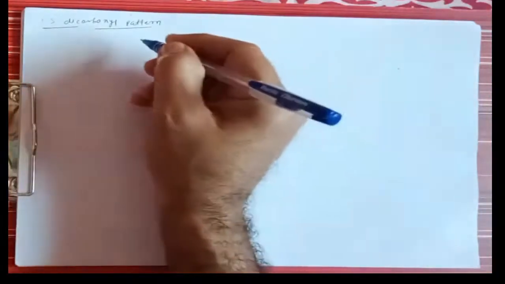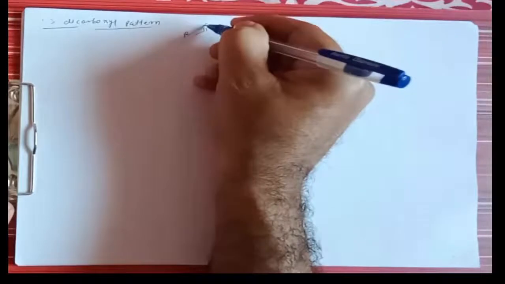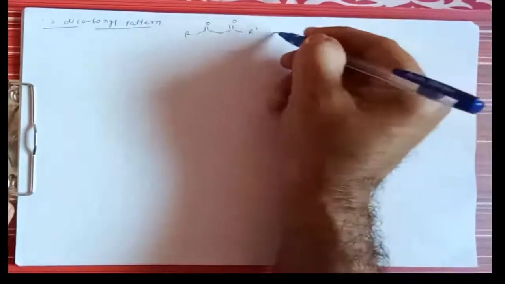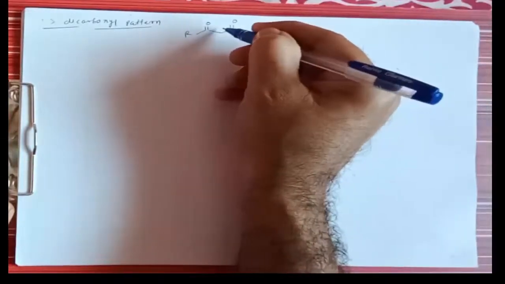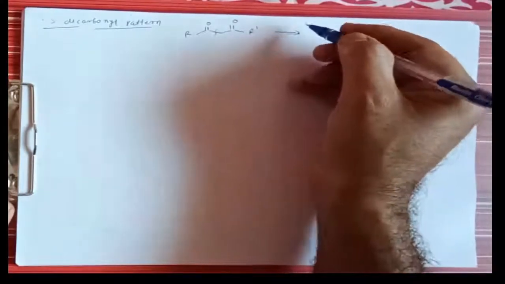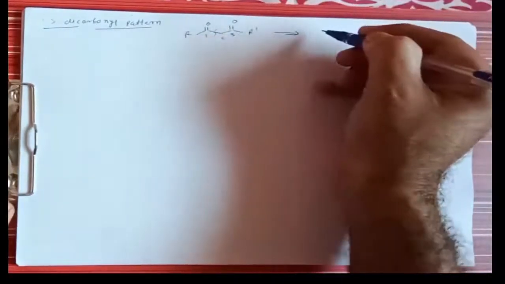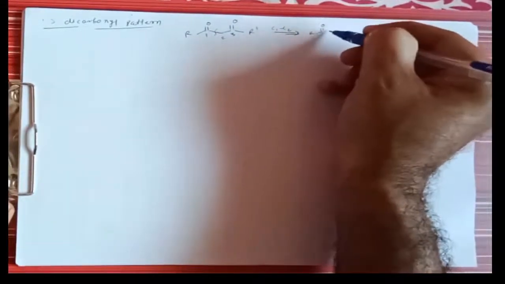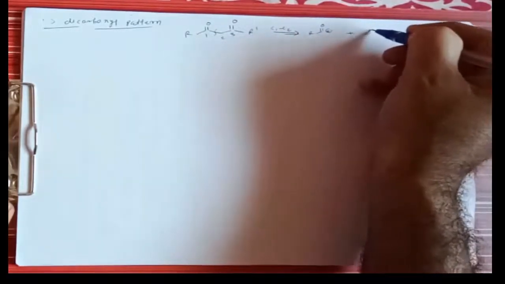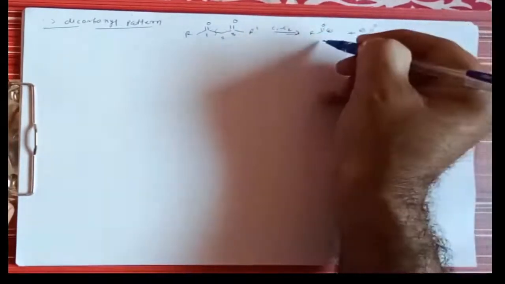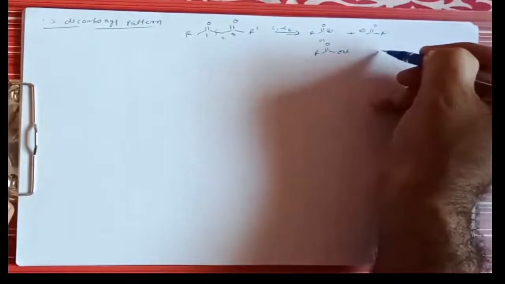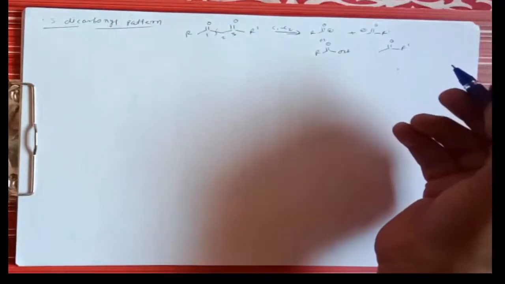In the 1,3-dicarbonyl pattern, suppose there is a functional group like this. That means there is a carbonyl group at the 1,3 position, and in that molecule, if you want to break it, then we can break at the C1-C2 bond. If we break this C1-C2 bond, then from one side it will be a positive charge, and from the other side a negative charge, right? The synthetic equivalent for this synthesis is that you can take an ester from one side, and from the other side a ketone, right? So this is the simple way to break the molecule at the C1-C2 bond.